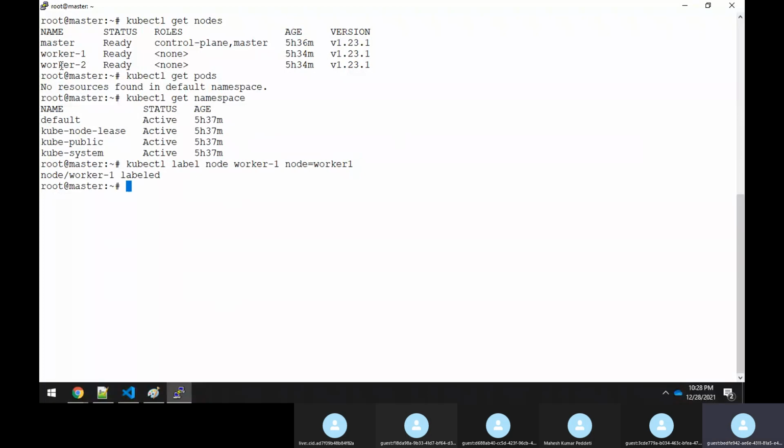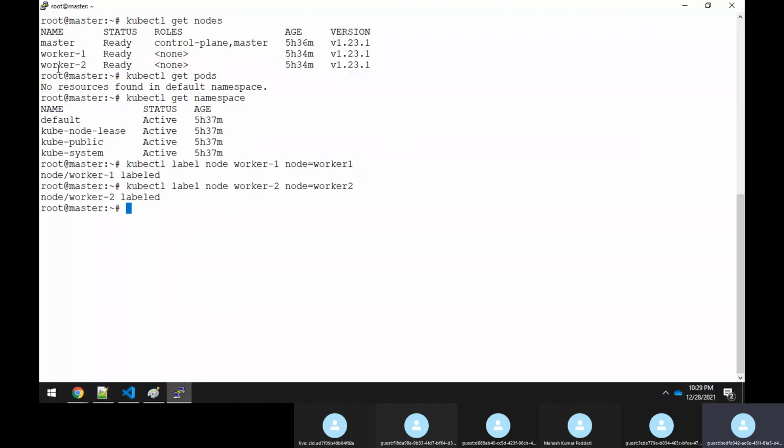So you have set the label. Again, kubectl label node, and let me set it for the worker 2 node as node=worker2 itself. Okay, guys, so now you have set the label.